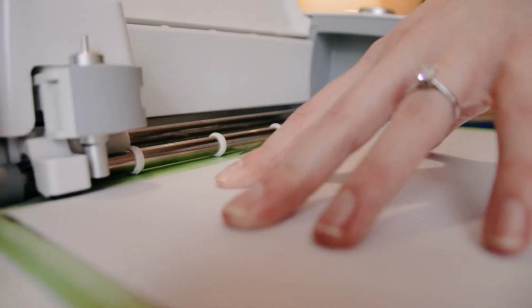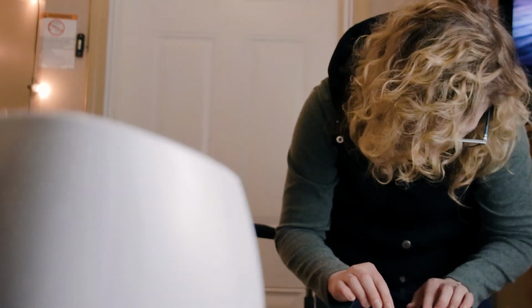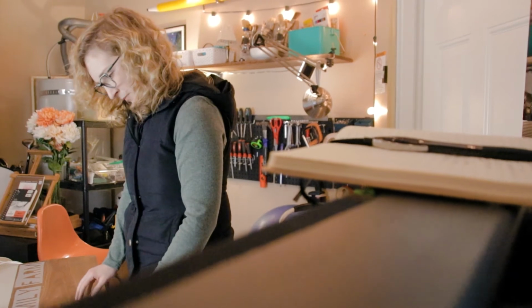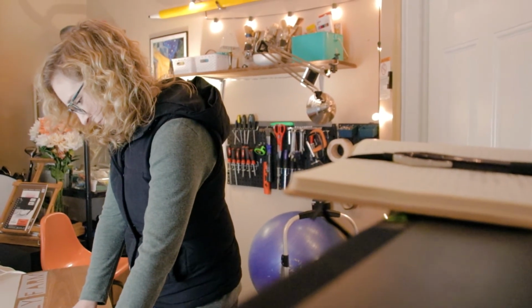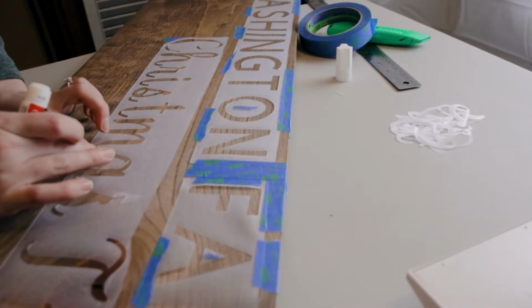You're never gonna get it exactly unless you want to obsess about it forever and ever. But I always just try to find something that's the closest to it and then make it my own so that it's a little bit more unique. I'll paint that on there with the stencil, and then you just peel the stencil off, and then I'll have to do some fine tuning, and then we'll put brackets on it again so we can hang it up, and then that will